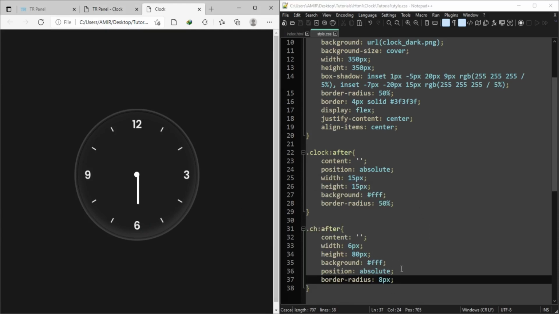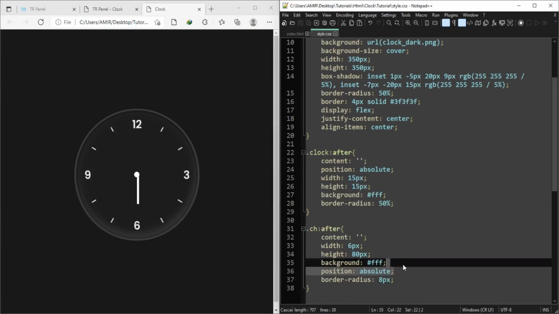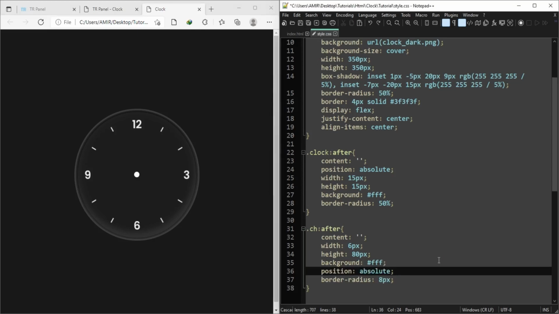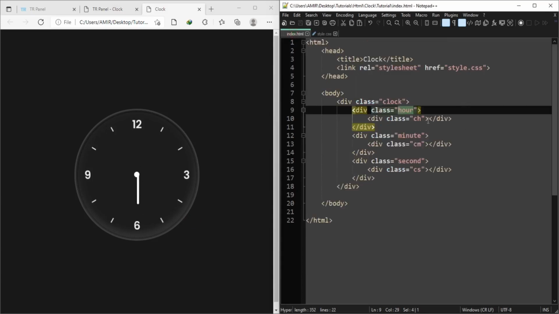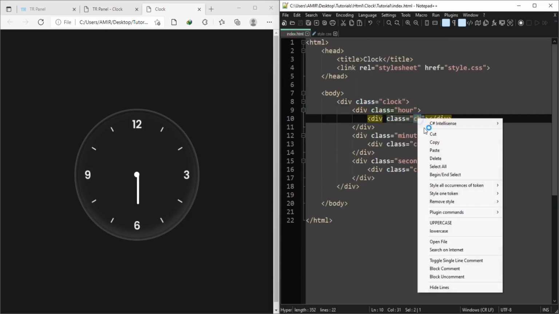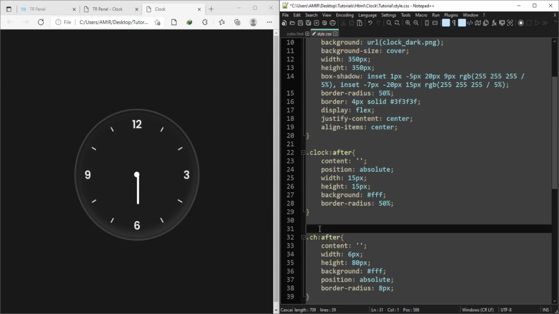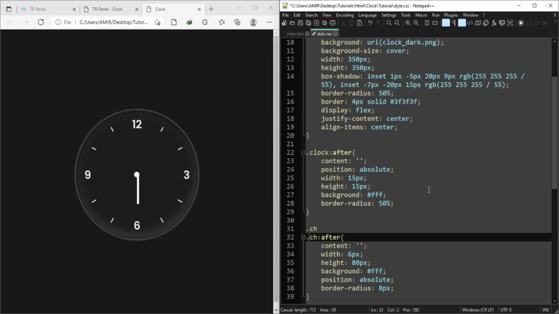You can see if you don't add absolute position here, then it will not be shown to you, because it will take it to the center. Now you can see it is not absolutely centered. So if you go to your HTML file, you can see here ch, copy this name and now paste here with a dot.